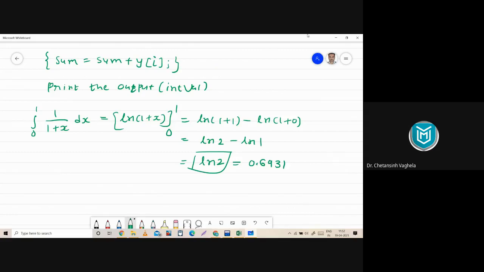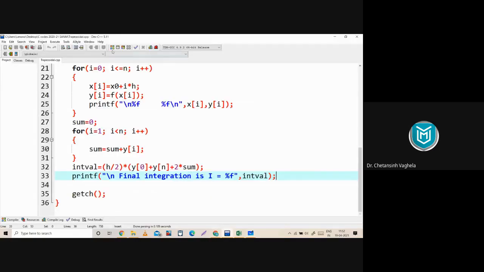Right? So let's try to verify this from our computer program. So let's try to run this.